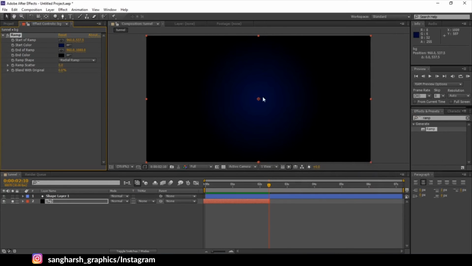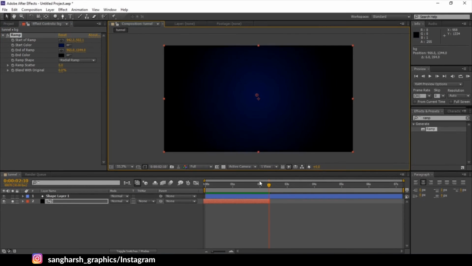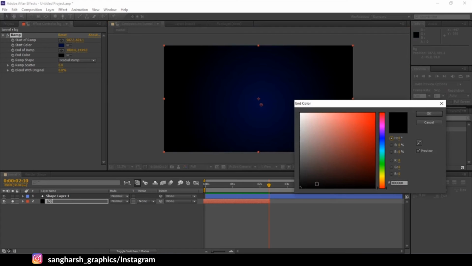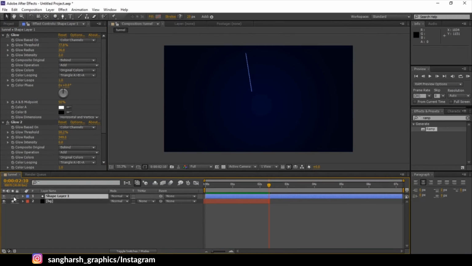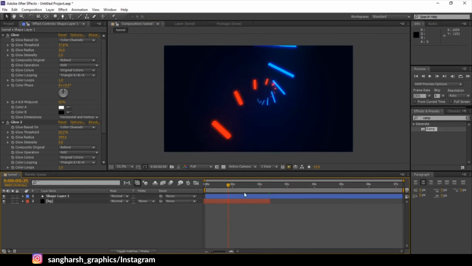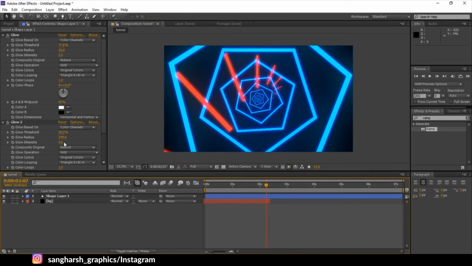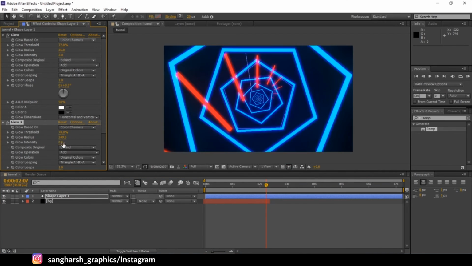Okay, let's drag the black out something like here. We need not a perfect black, just like this, and the blue a little bit darker. Perfect. Yeah, now it's looking good. It's still too bright. Let's increase its threshold just a little bit, make it 78. Decrease the intensity to 0.5.